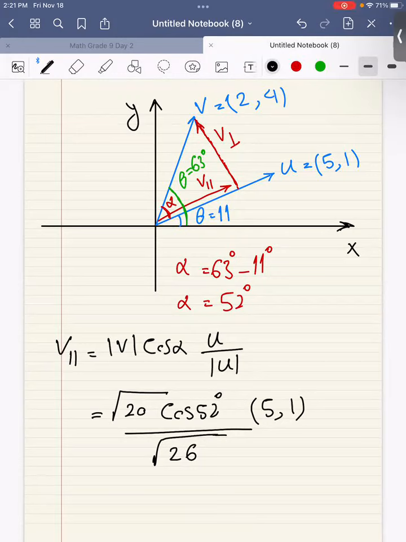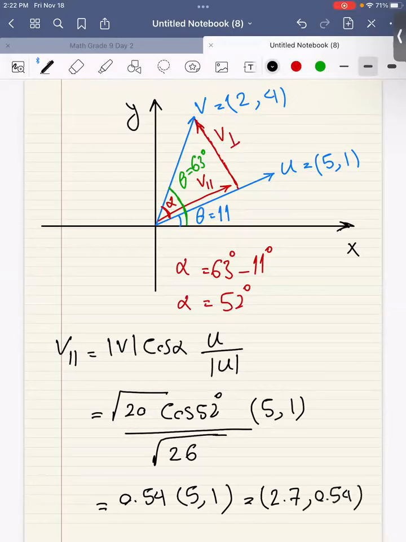What is this coefficient? Yeah, the coefficient is 0.54. Okay, so this is equal to 0.54 times (5, 1), which is equal to (2.7, 0.54). So this is the parallel component of V with respect to U, and the perpendicular component